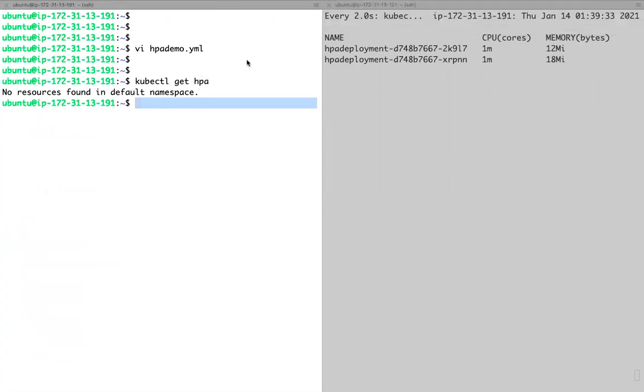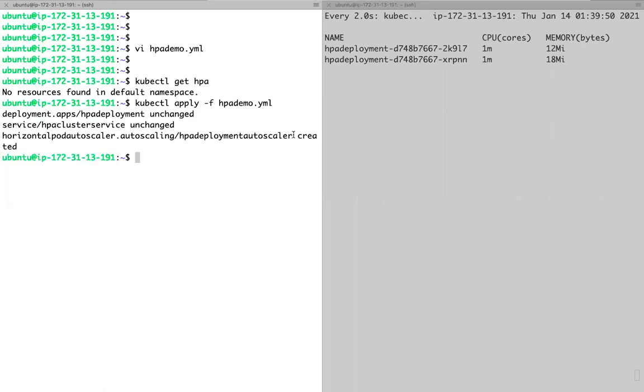We don't have any HPA, horizontal pod autoscaler. So now let me apply. Now, HPA object got created.